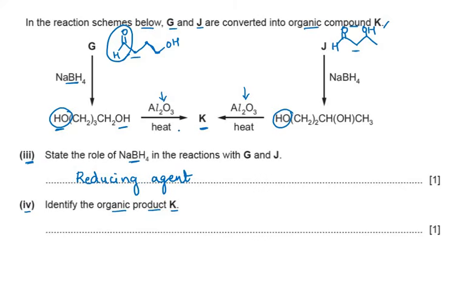Now what you need to think here is what type of reaction is undergone by alcohol with aluminium oxide. If you recall all the reactions of alcohol, you will realize that it's a dehydration reaction where water is removed and a double bond is added. So you can say that alcohol changes to alkene. So K should be an alkene, and we should make out the product K in such a way that both these compounds form the double bond, that is the alkene, at the same position of compound K.